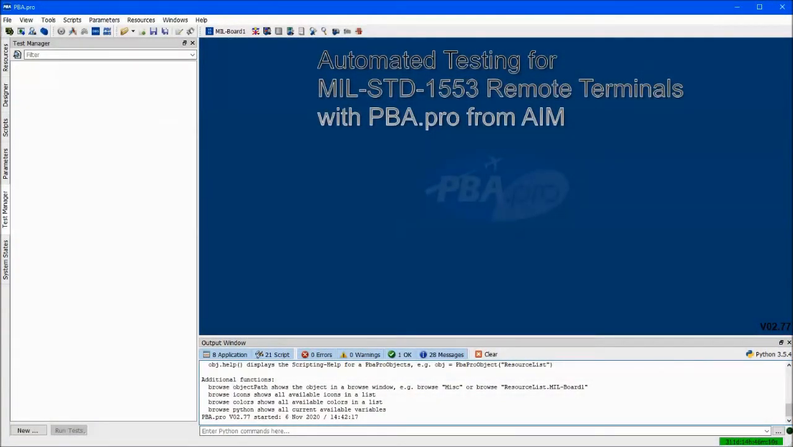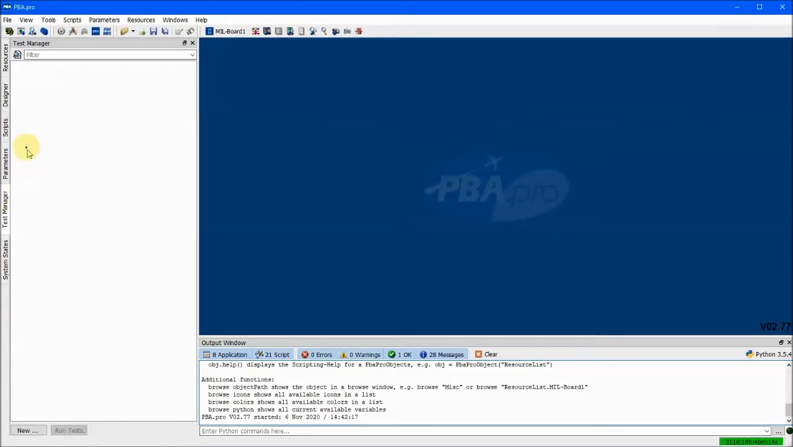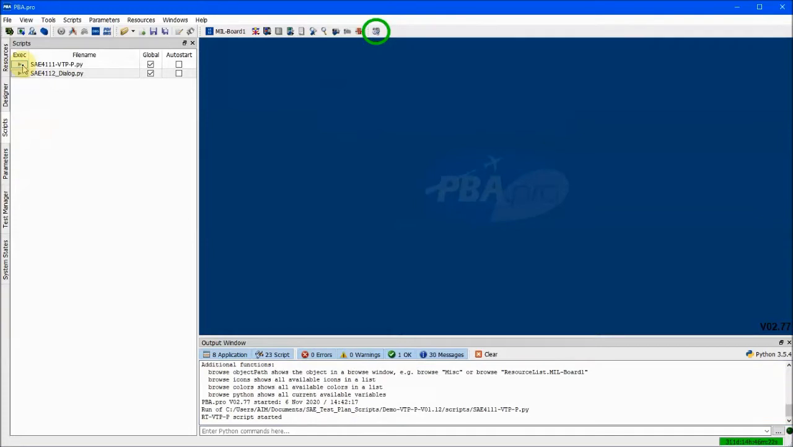1553 Remote Terminal Automated Testing with PBA Pro from AIM. We begin in the Script Manager panel and run a setup file, which prepares a section of the validation test plan. The setup script defines a new button up here in the menu bar area, including the tests it will